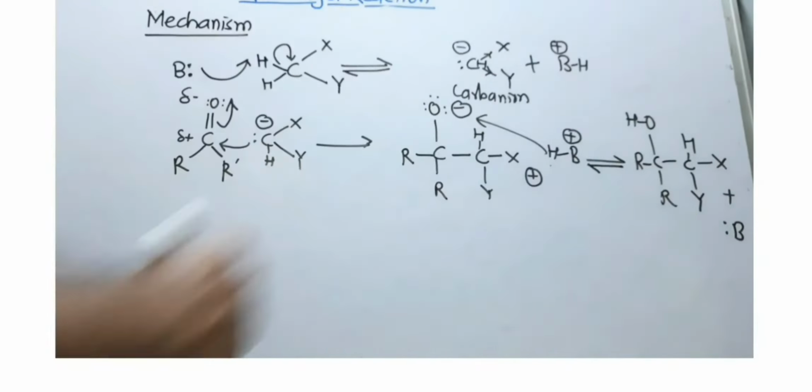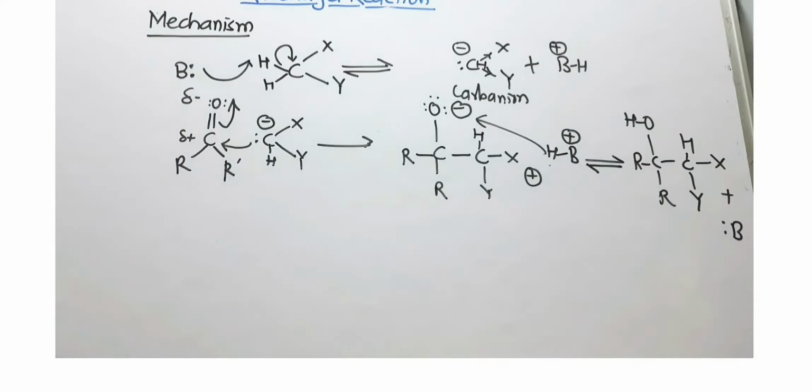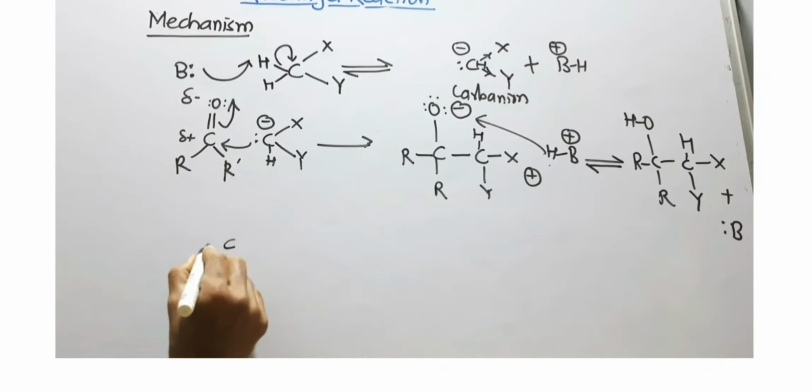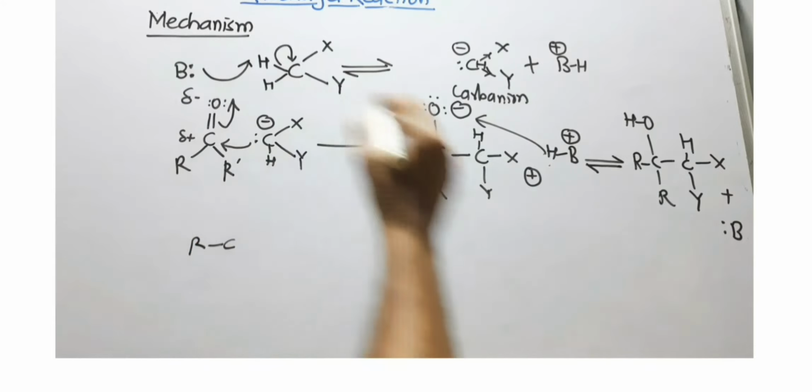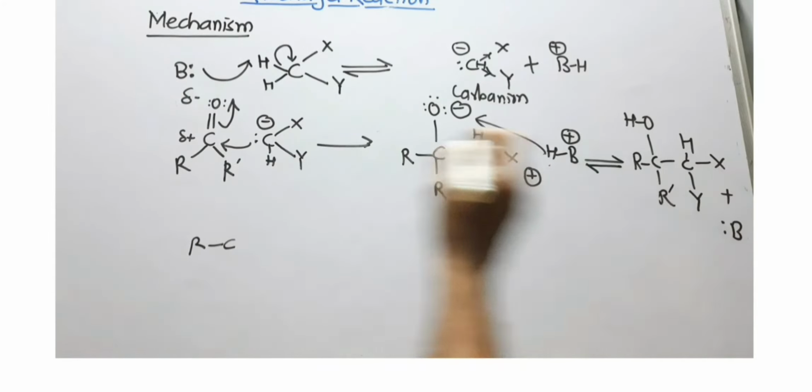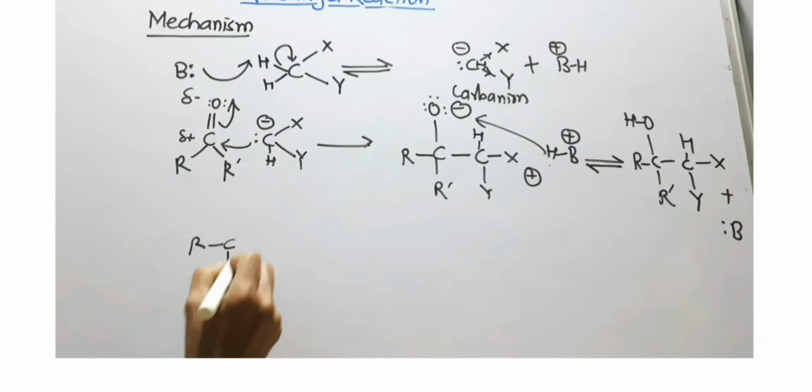One lone pair is used to join that proton. Rest of the, again I forgot to mention, H, X and Y. So this is plus our base, which is now set free. So this is actually acting as a catalyst, you can say. So every time this is R dash.